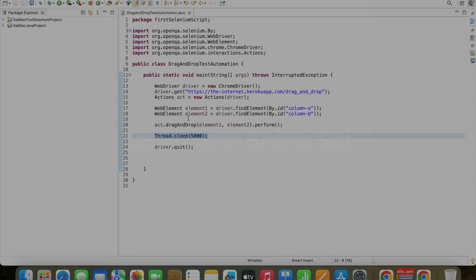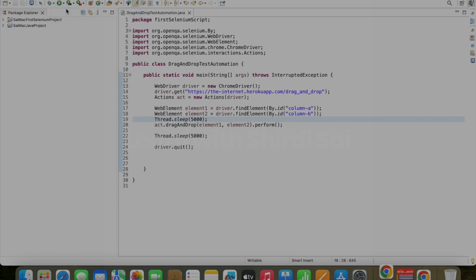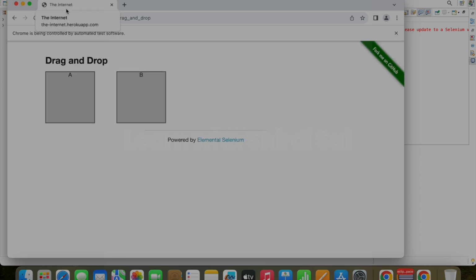Before this drag and drop is getting started, I will give a wait time, then you can observe. Okay, I am rerunning. So now you can observe A and B. Now it will drag and drop. Okay,